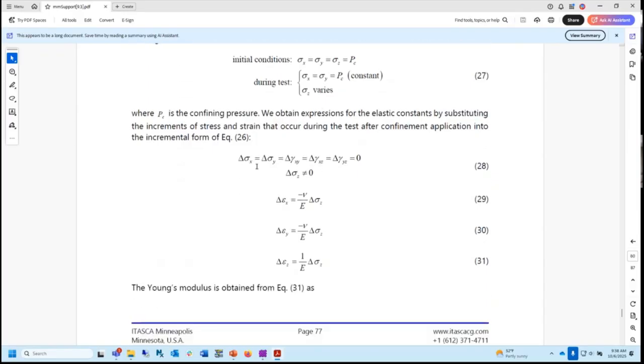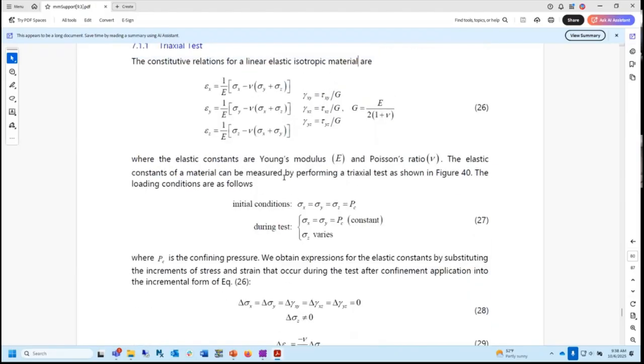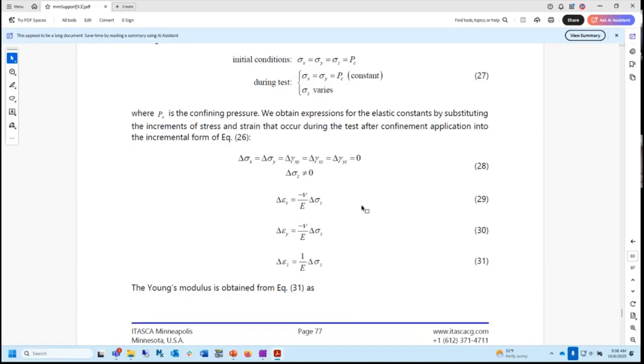And the other thing is right here, equation 28. This test has been set up intentionally to produce the simplest possible stress state, which is called uniaxial compression. The only stress component out of all 6 that's not 0 is the axial stress, okay? And so we can go back to these expressions and simplify them by putting in zeros for everybody except for sigma z. Are you with me?